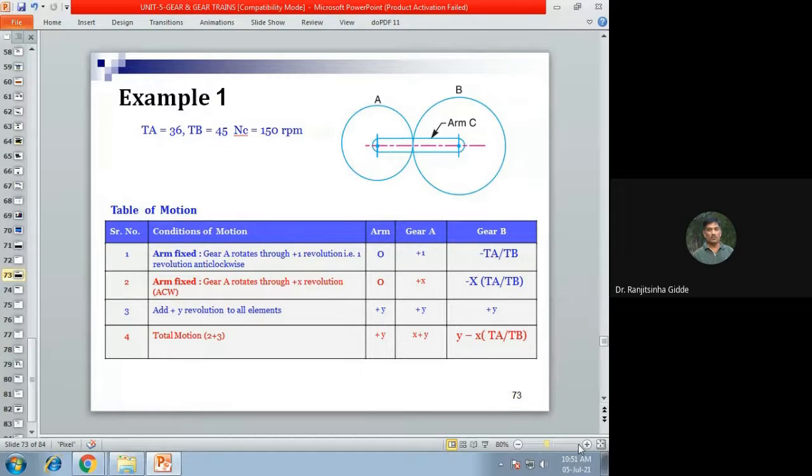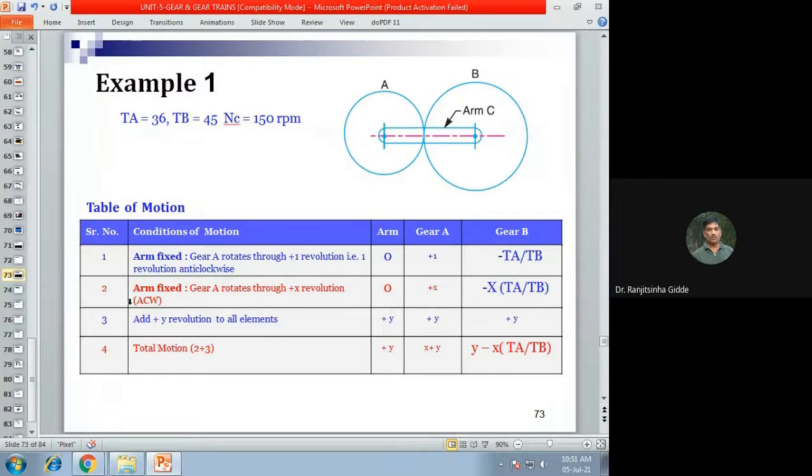Then in the third row, add plus y revolution to all the elements, plus y and plus y. Okay, so plus y is written in the row everywhere, right? And what is the final row? Total motion, that is nothing but